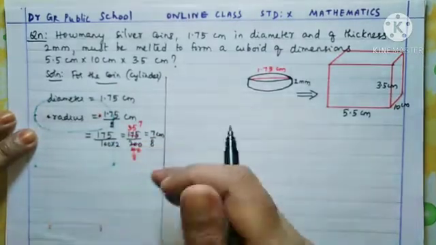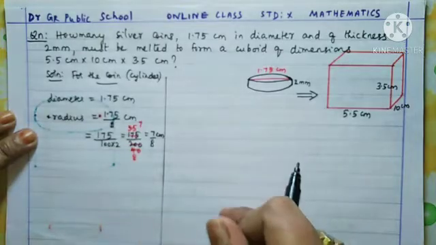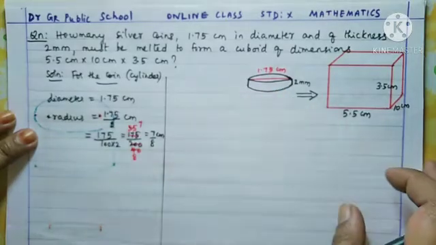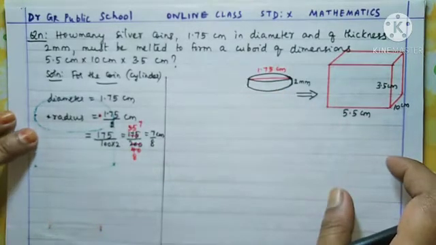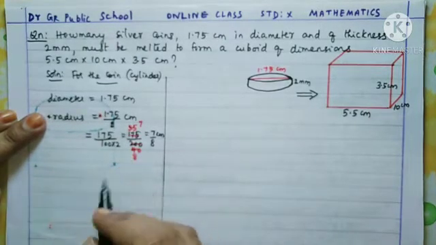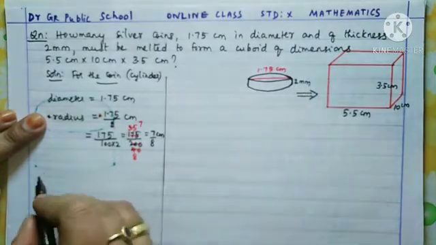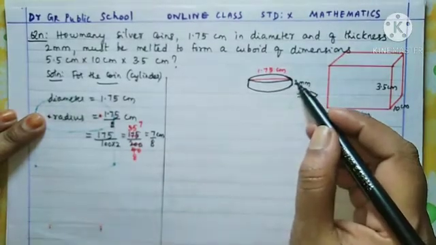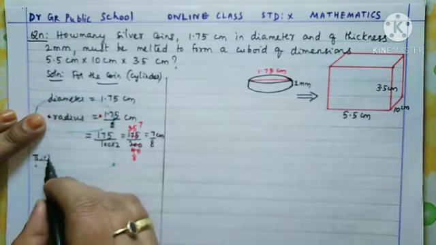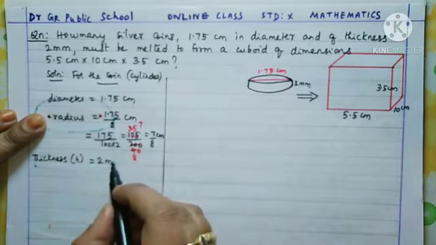You can do this calculation in the last part also whenever you are applying the formula. But here itself if you reduce also, it is nothing, any problem. Okay, yes. So we wrote the radius of the coin. Now what else is given about the coin? Thickness of the coin is 2 millimeters. So that thickness is equal to height of the cylinder. So I am writing thickness, that is our height of the coin, is 2 millimeters.